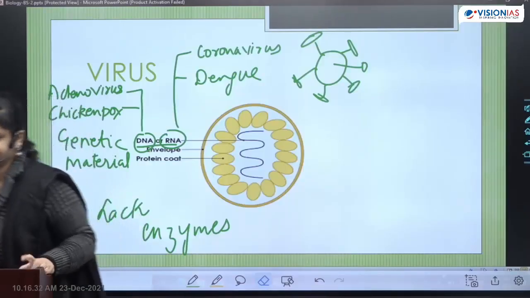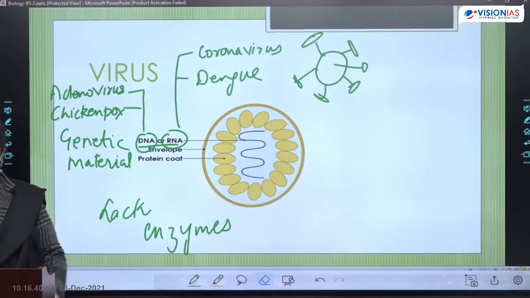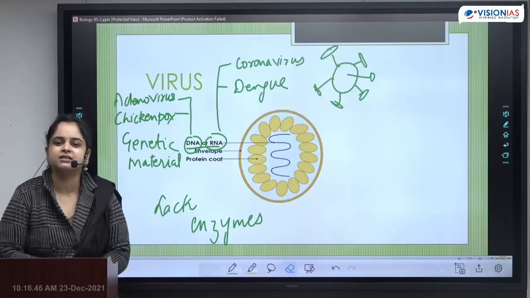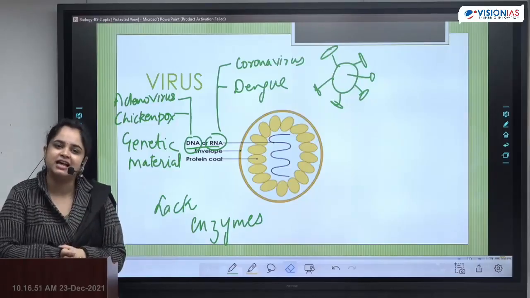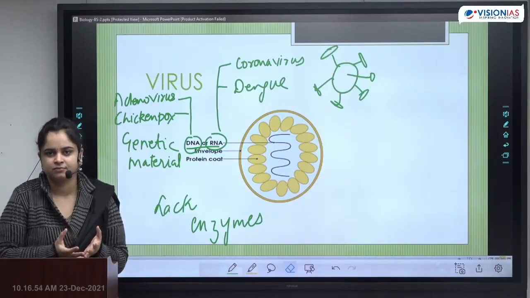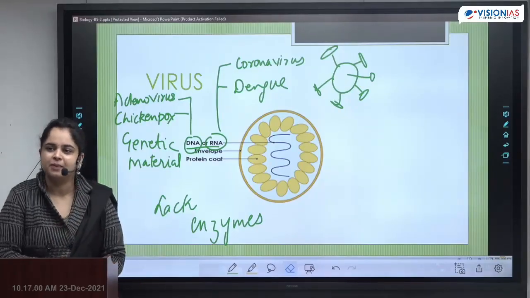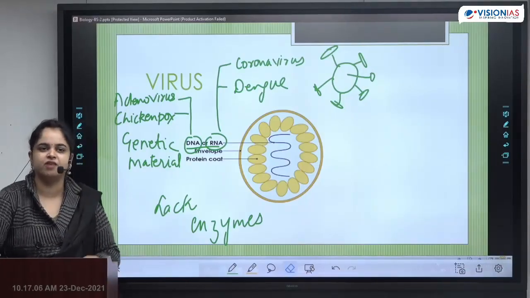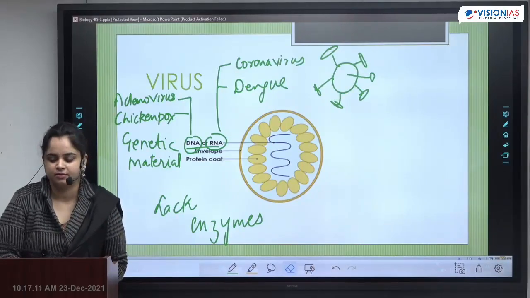Write down then. Viruses, yes. It still can have some cells, like even if there is a dead body, the cells will still have some functional enzymes which they can use, right? But again, that is going to be in a limited period of time, not a very long period. In dead or decayed matter, virus will not be found, right?